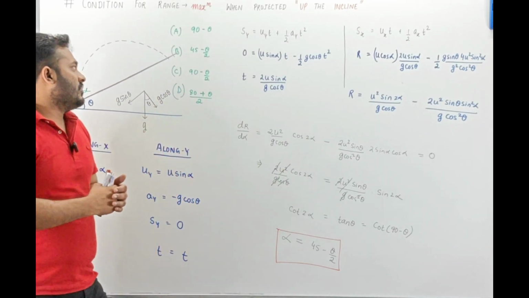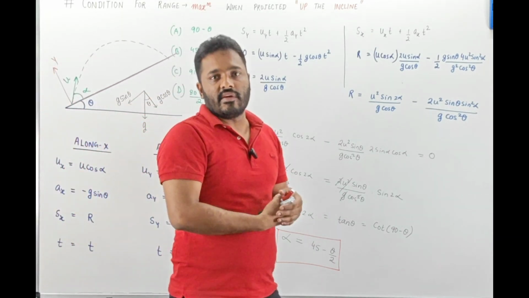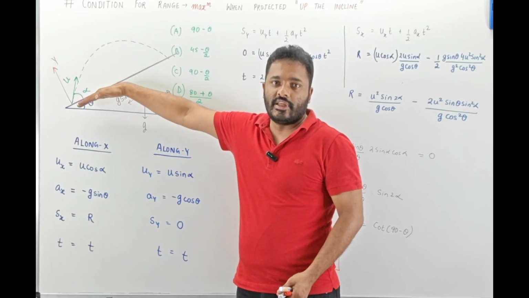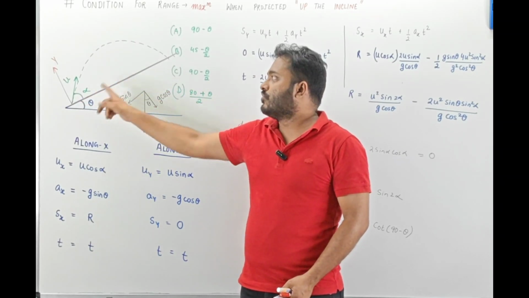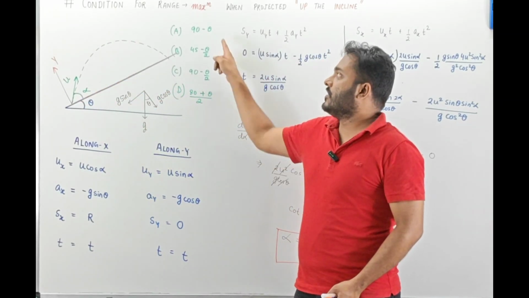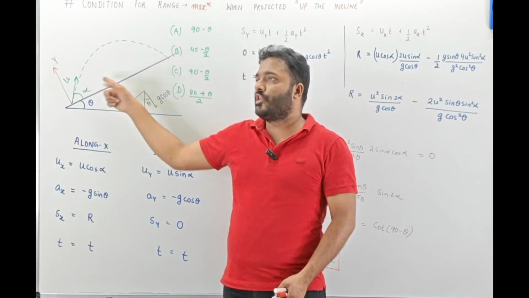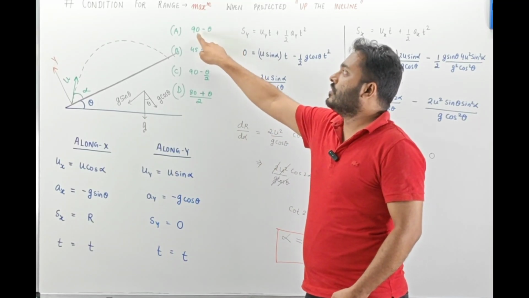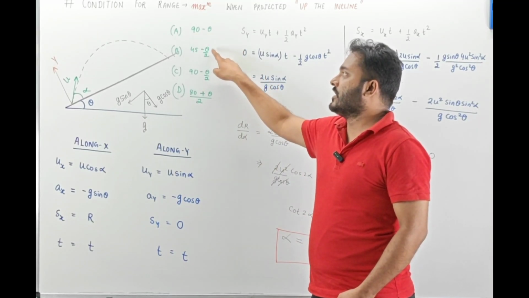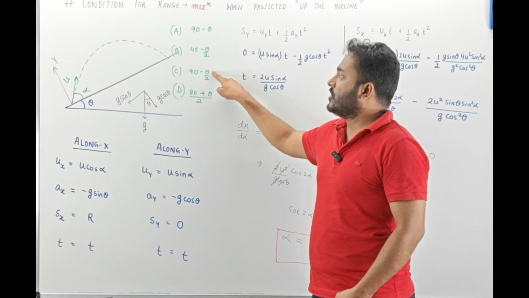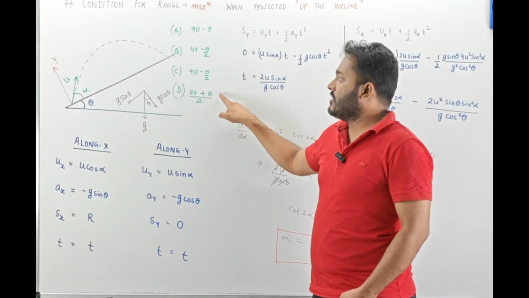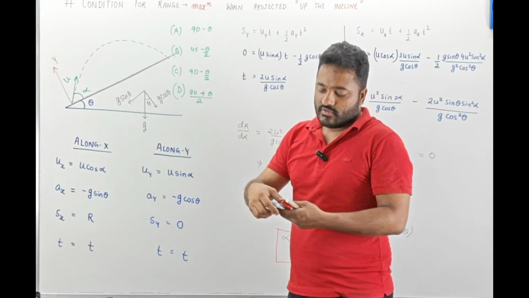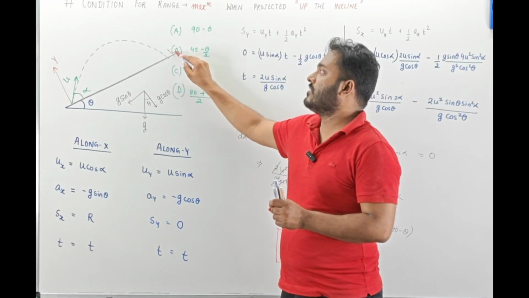obviously what we are going to do, I will remove this inclined plane. How will I remove this inclined plane? If I make this inclined plane of theta disappear, that is theta becomes 0 degree, then it will become ground to ground projection. So if theta is equal to 0 degree, then the condition for range to be maximum is when alpha equals 45 degree. So if we put theta 0, we get 90 degree. If we put theta 0, we get 45 degree. If we put theta 0, we get again 90 degree. If we put theta 0, we get 40 degree. So over here it is matching only with this option. So I will straight away mark this option and the game is over.